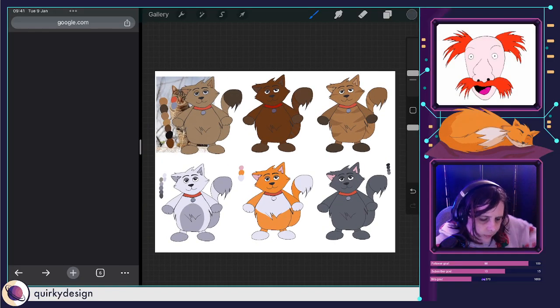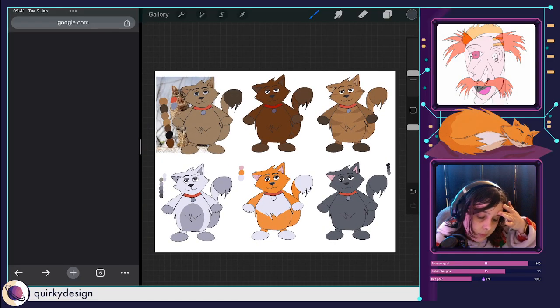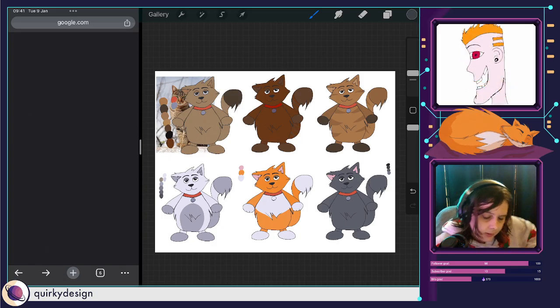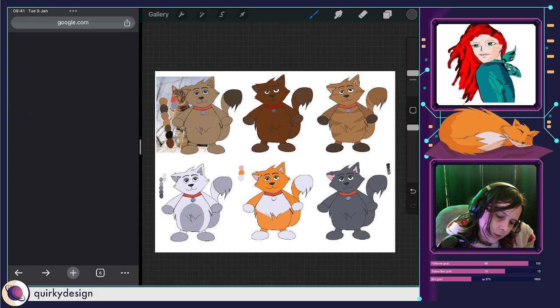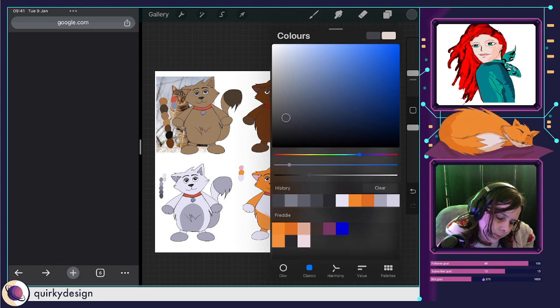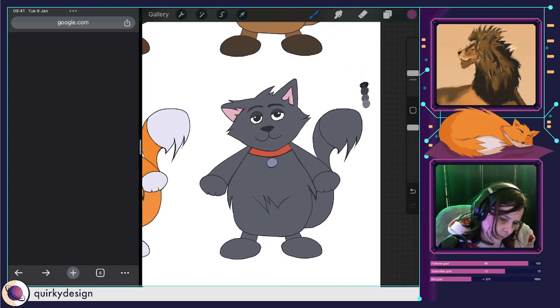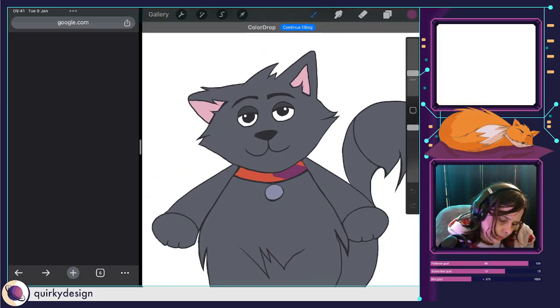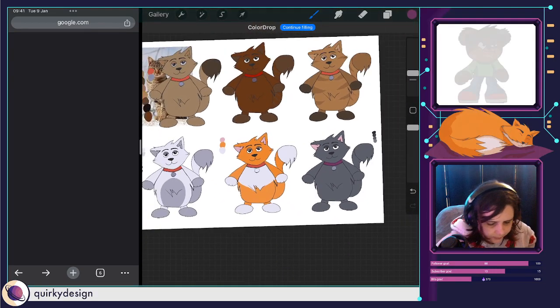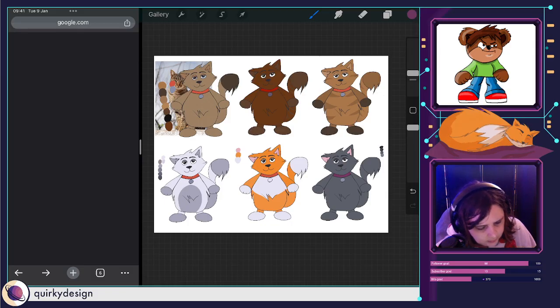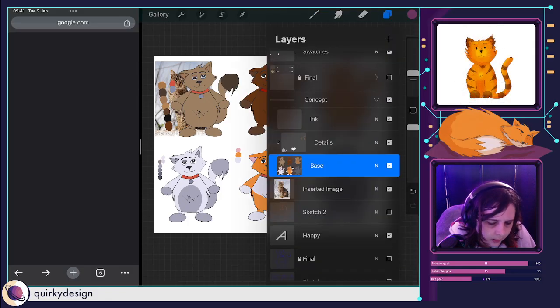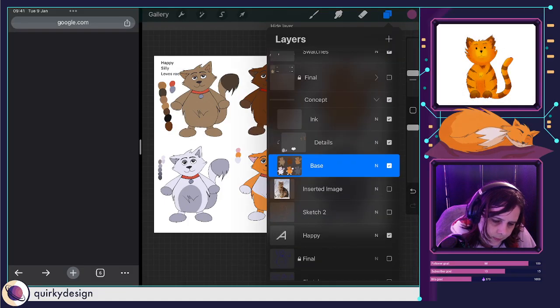And I feel like I want to try and do a different colour on the collar. Maybe I could do a cheeky purple. Oh, that's quite a nice colour. Let me hide that image.